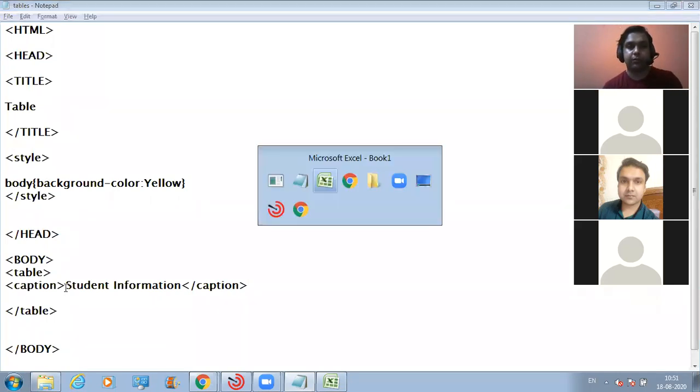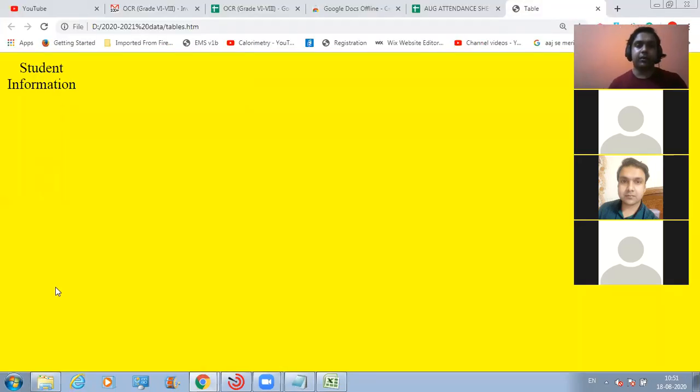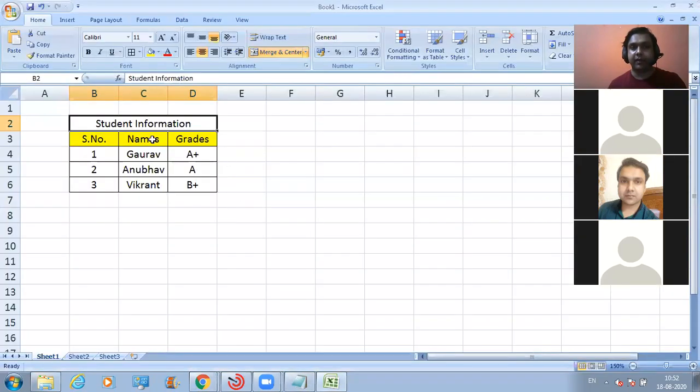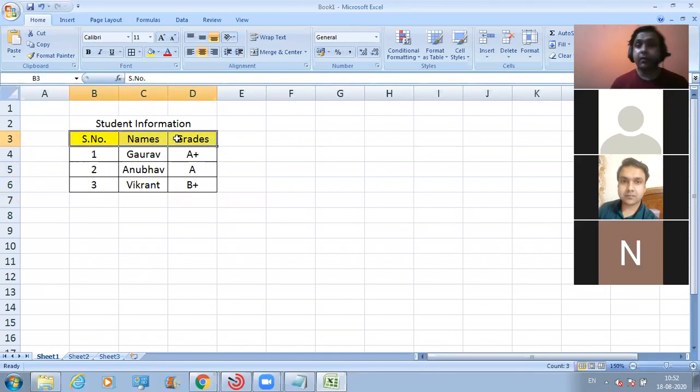I've saved the changes that I've made here on this notepad file. So this is the output that I'm going to get here on my web page. Now, what is the second thing we need to define? Can anyone tell me? We need to define the fields. Headers. That is absolutely right. We need to define the headers, or you can say fields, for the table.